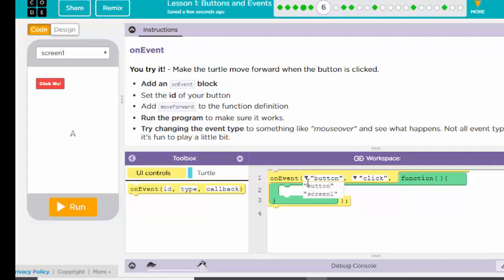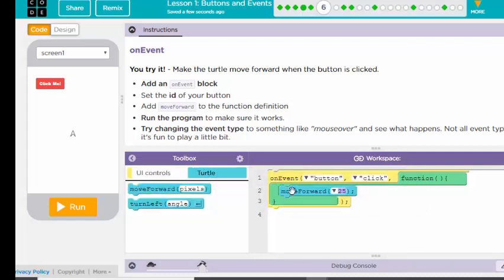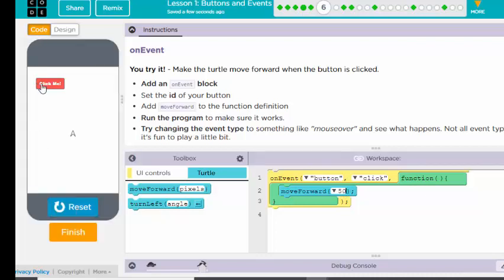So we want to make sure it's button that's selected. When we click the button, it's going to move forward. So we're going to add a move forward inside here. We're going to go to turtle and grab a move forward. The default is 25. You can leave it as 25 or change it if you want. So when we run the program, if we click on the button, then it's going to move forward like we